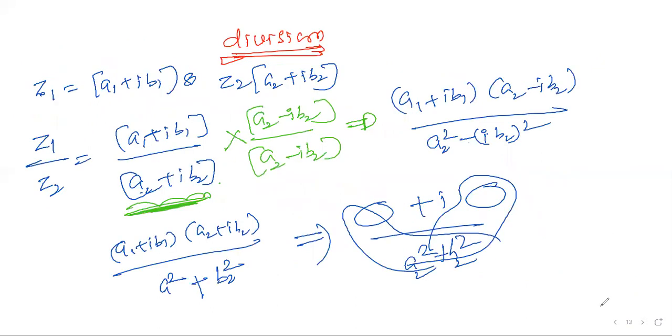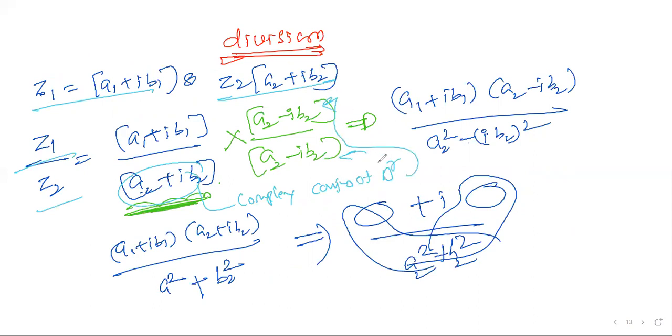And after that we went to division, dividing one number by another number. I told you to use the complex conjugate of the denominator. You multiply numerator and denominator by it because the i terms in the denominator will be removed. Wherever you want to remove the i value, because the denominator has i, you multiply numerator and denominator with the complex conjugate number.